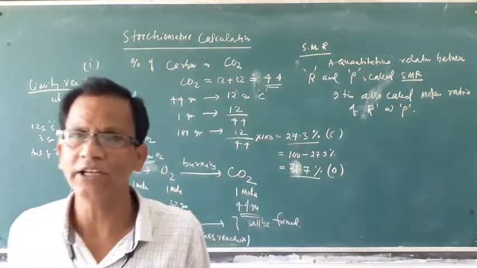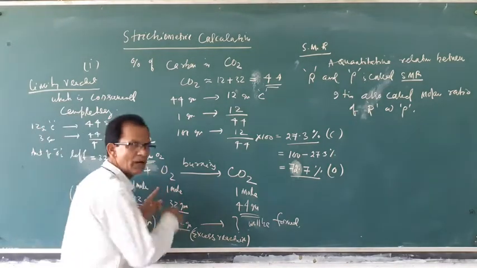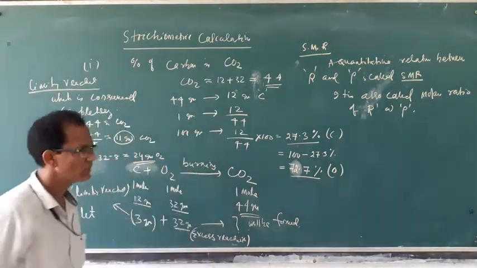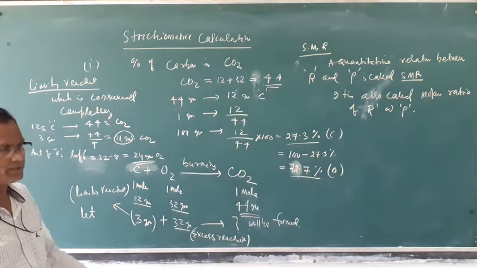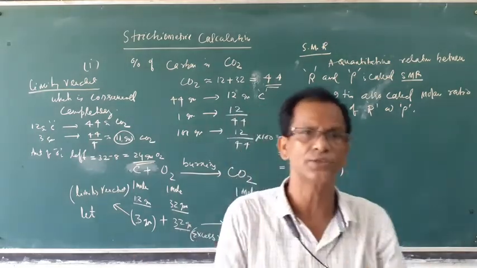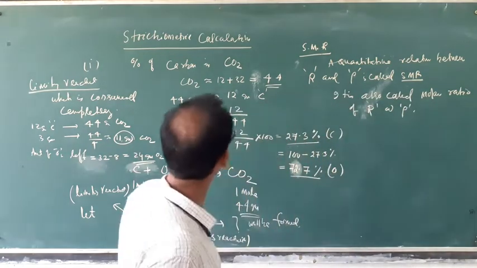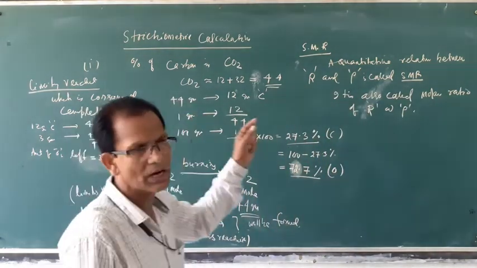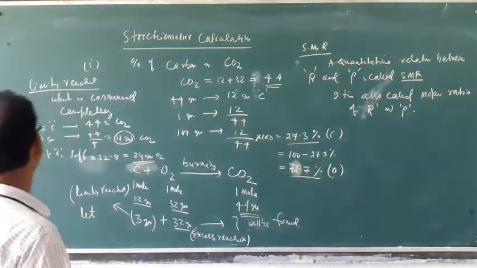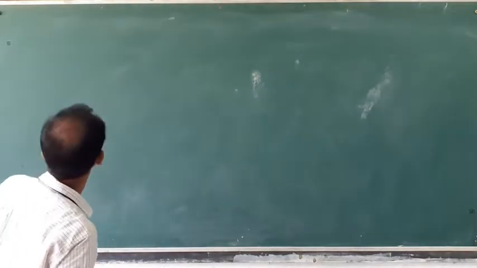How much reactant in terms of mole? You see, 1 mole of carbon combined with 1 mole of oxygen forming 1 mole of carbon dioxide. Here the number of moles is the same. In the other reaction it may be different. So in stoichiometric calculation we can compare the mass ratio, mole ratio, volume ratio of the reactants and product. That is called stoichiometric calculation. Very important in mole concept in numerical calculation. So some problems regarding stoichiometric calculation we will do.